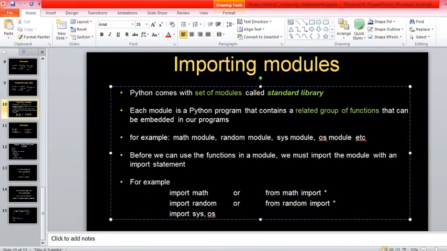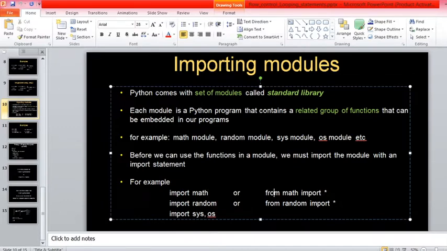But when you use this method of importing modules, every method that you access from the module should have the name of the module as a prefix. For example, math.pow, math.sqrt, random.randint, sys.exit. For every method you need to prefix the name of the module followed by the dot operator.